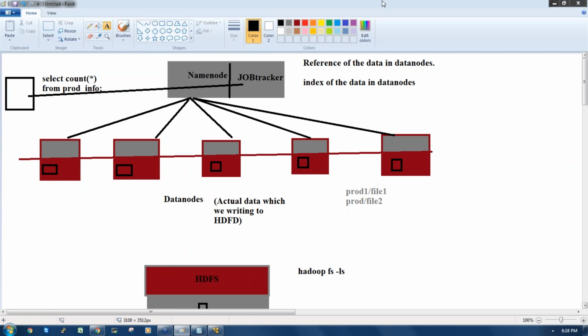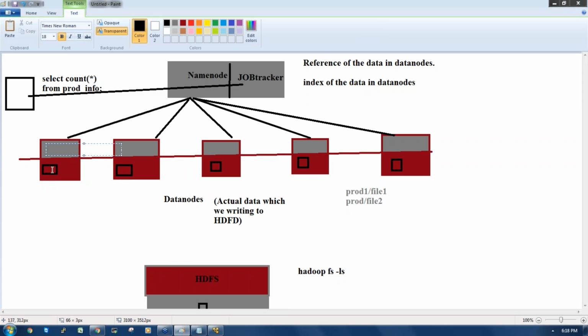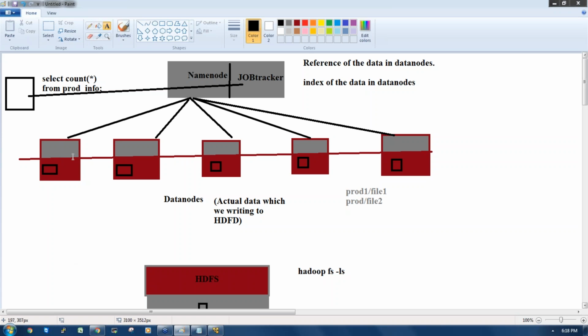So then the data should be brought up to some server and the processing takes place in the server. But here in a Hadoop cluster, the data is available in the same place we are running the job, right? See here, this is in this data node. So in HDFS the data is available here, and the task tracker is also available in the same node where the data is available. So this is the reason why Hadoop jobs are faster, where the data is available in the same place the jobs are going to be executed.